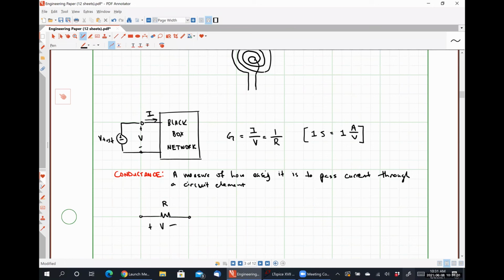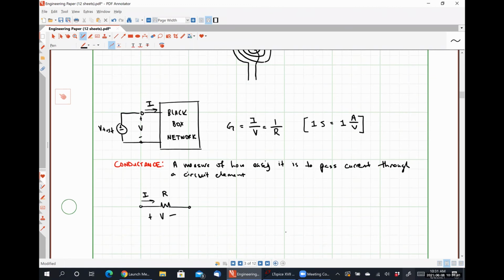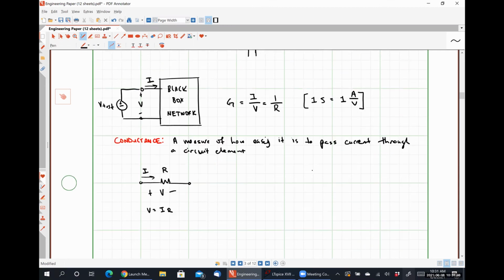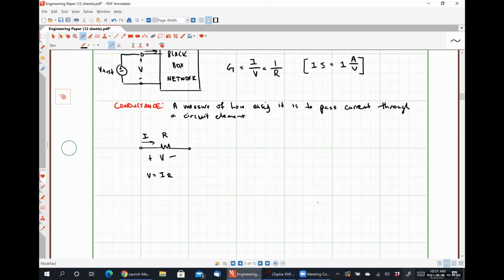The voltage drop across it is this way with a positive polarity terminal on the left. Then the current I needs to be flowing into the positive polarity terminal. Then we know that V is equal to I times R. That's from Ohm's law, if we have a resistor whose value is R,